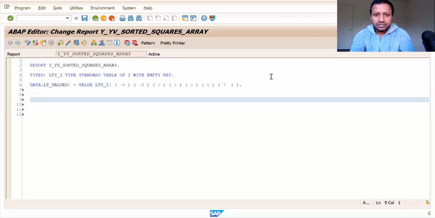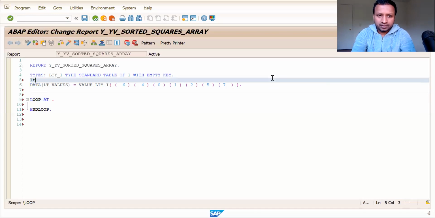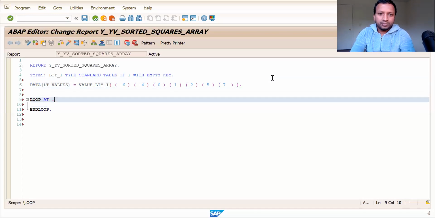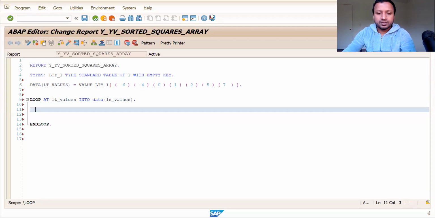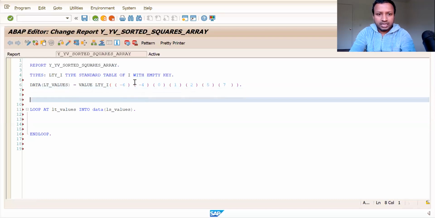What you need to do first is just loop through the input and move the values into some data of LT values. Take two indices. One would be the last index.